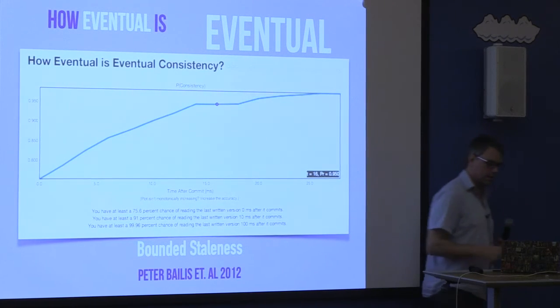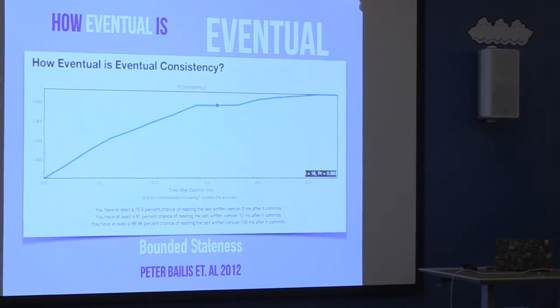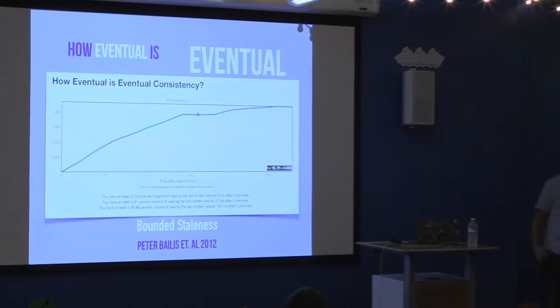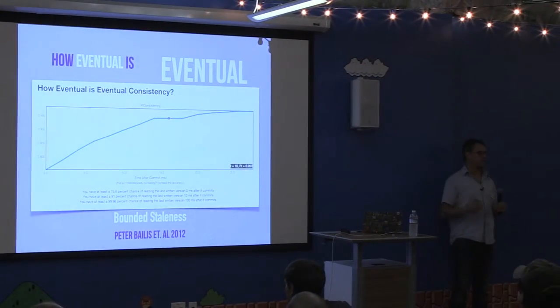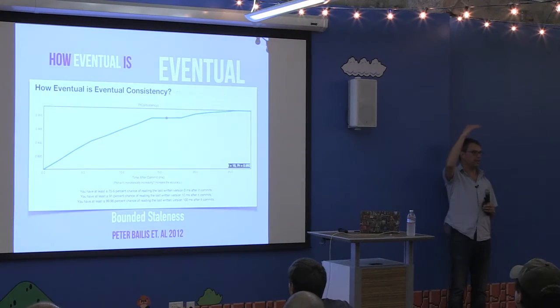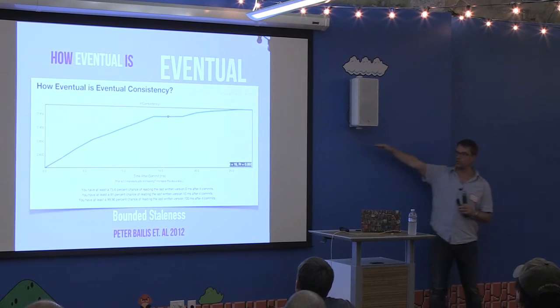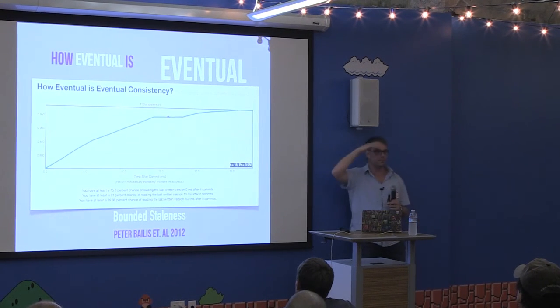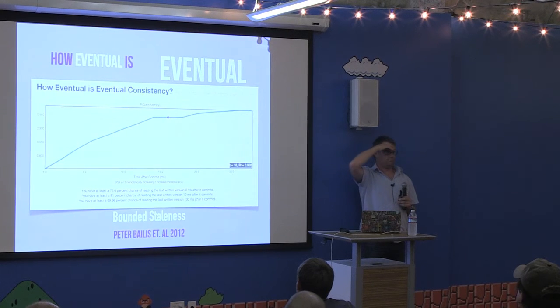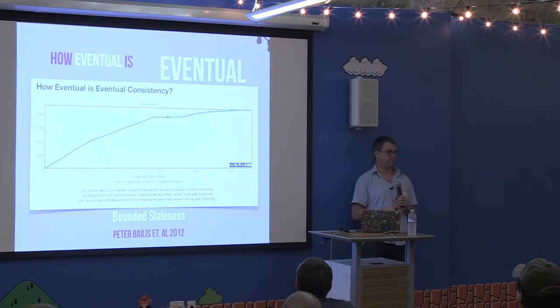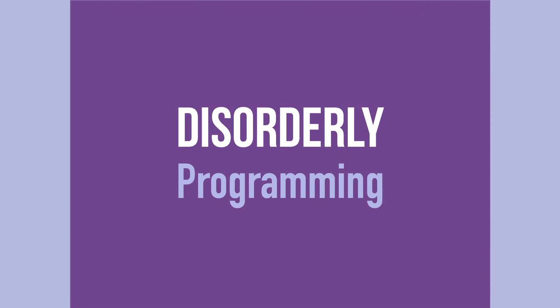So I won't go into that paper. I'm just giving you a hint that it's worth checking out and gives you good models for actually making sure that you are within the SLAs. Because if you start using eventual consistency, it might be that you screw up and the latency is too high until you actually have full consistency. If you use the right model and know what you're doing, you can avoid that.